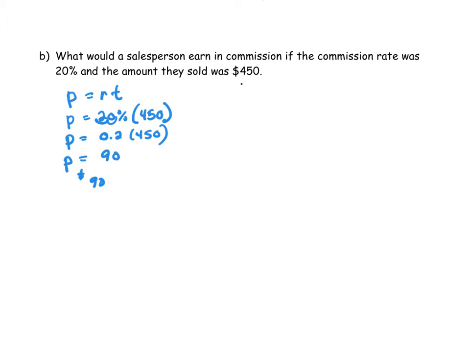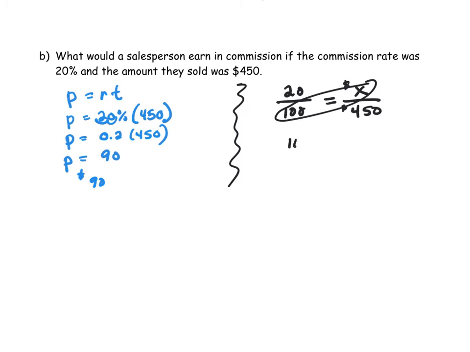Once again, as we go through this, you might prefer the proportion method. We use the percent that's given, 20 over 100. And then we don't know the commission. That's the part out of the total earned, and the total earned is 450. When we go to multiply, we're going to get 100x. And if we multiply this, we're going to get